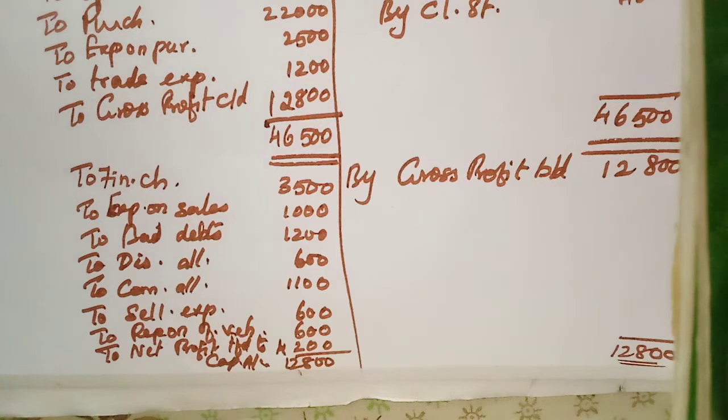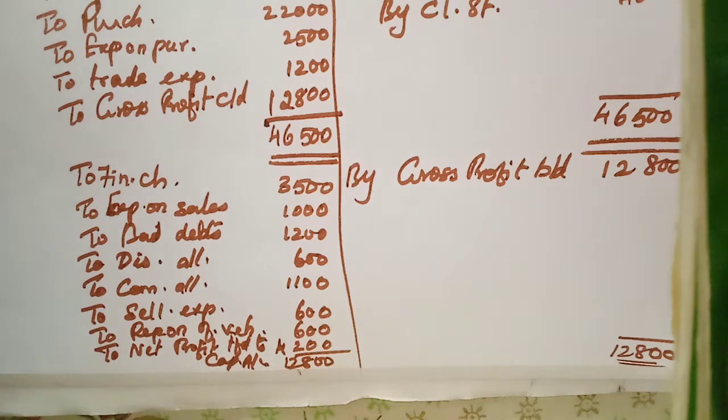Okay, objectives. Objectives here they have given us the need for preparing the trading account. That one only they have given as objectives, the purpose. Okay. So there are 3 points given. Those 3 points you write. Okay. If they have asked for only 2 marks, heading itself will do, isn't it?